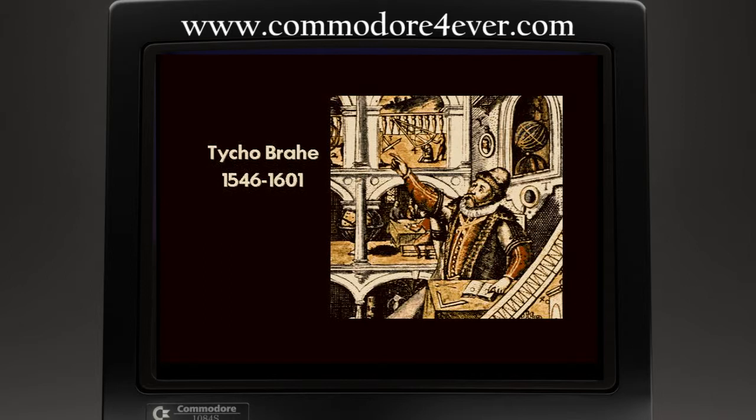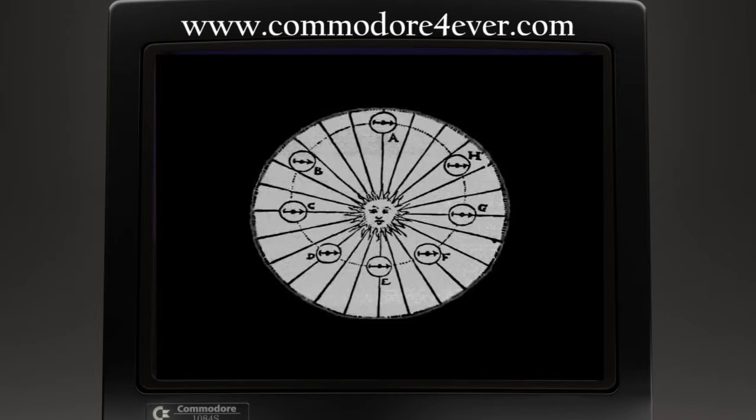Not only did the new data not fit his geometrical model of the universe, it also proved that the orbits of the planets were not, as previously assumed, circular, but were elliptical. Kepler was devastated. The universe could not be explained purely in terms of geometry. The fact that he had made one of the most important discoveries in astronomy in 2,000 years was little consolation. Geometry had failed him.